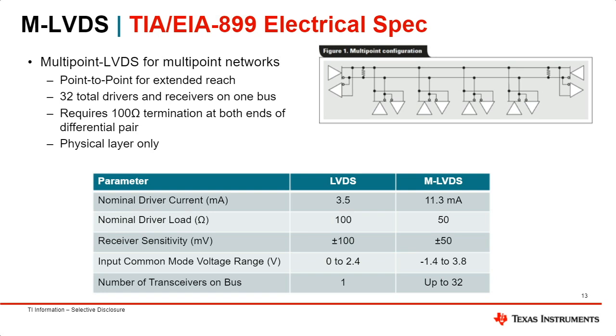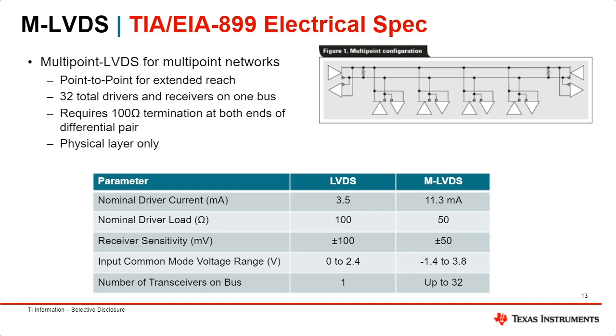In addition to that, the specification identifies the driver short circuit current. So the driver short circuit current won't exceed 43 milliamps. So that will limit your driver output voltage to a maximum of 2.4 volts, which is within the spec. Another feature of the driver is the transition times. The transition times are limited to a minimum of 1 nanosecond, which comes into play when you have transmission line stubs. I'll talk about that a little bit more in the design considerations portion.